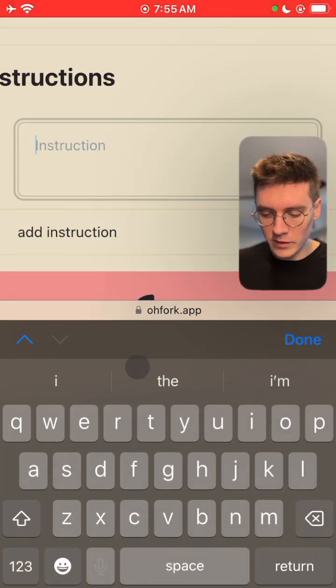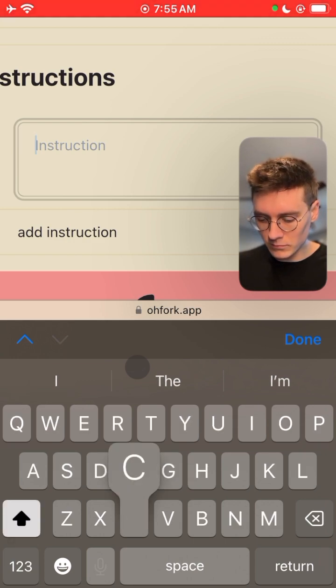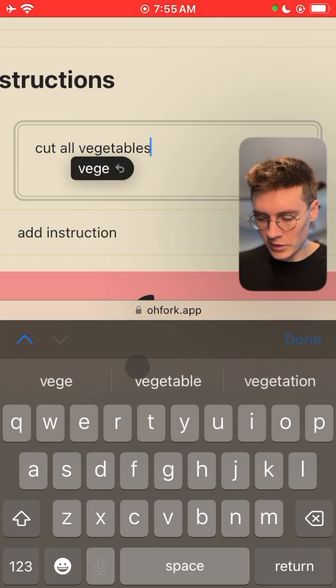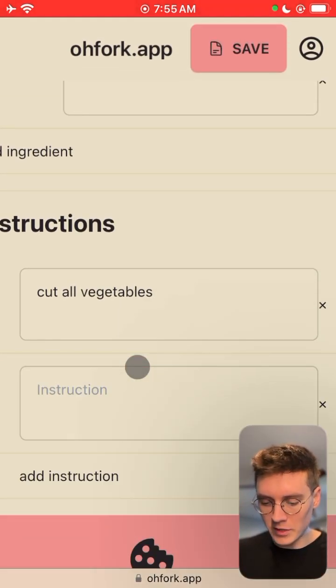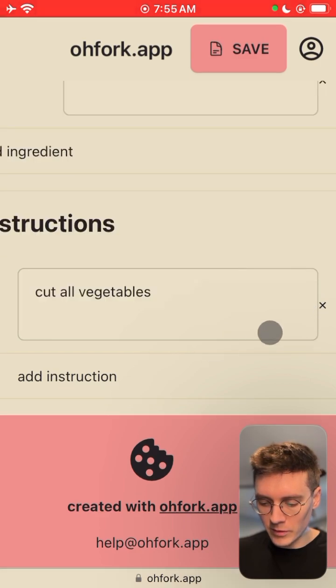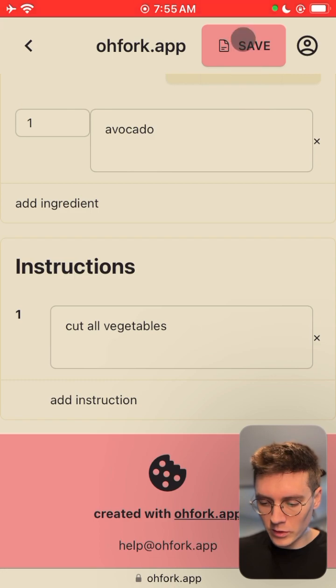And then same thing for the instructions. Put your list of instructions in here, click add instruction to add as many as necessary, and if you have some that you need to delete, click that X button there. Okay, and so now we'll click save,